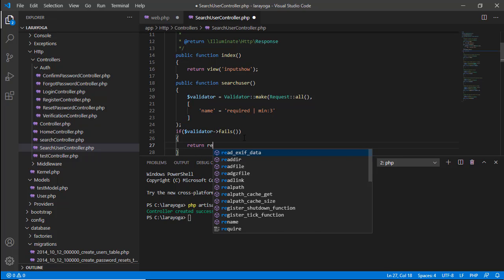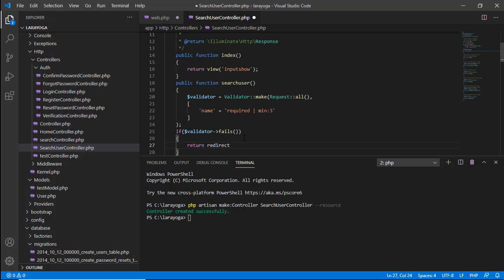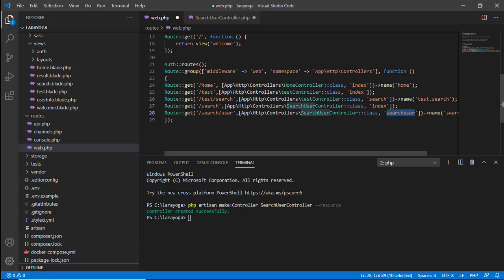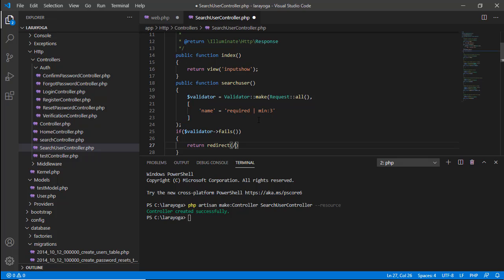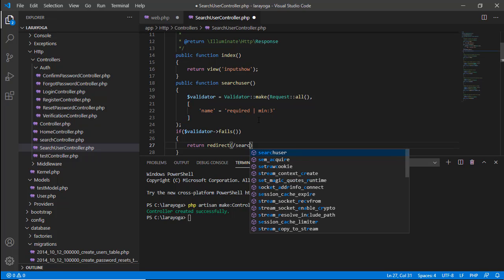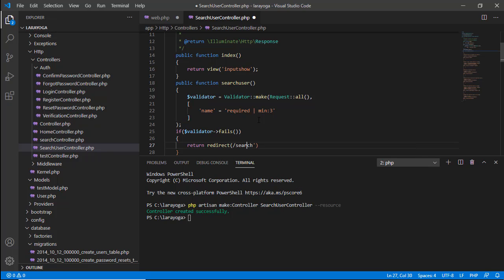Return redirect. Okay, what is the previous page? It is the search. Here search, and